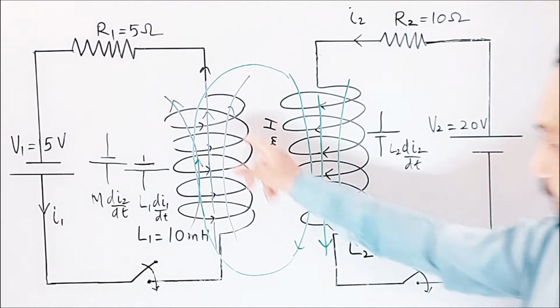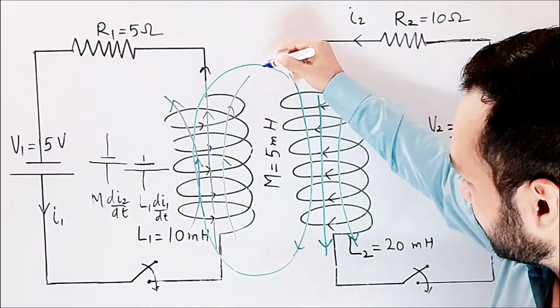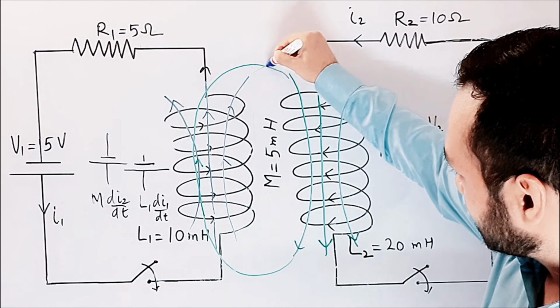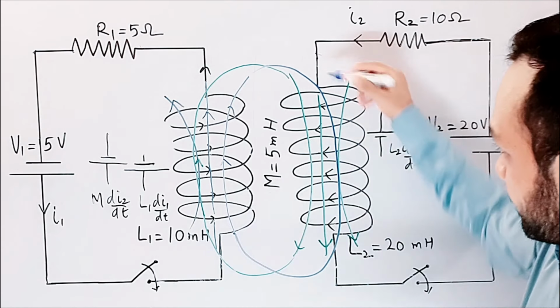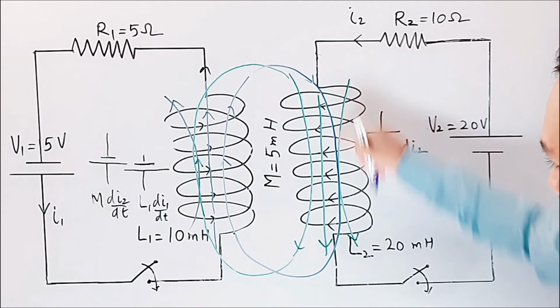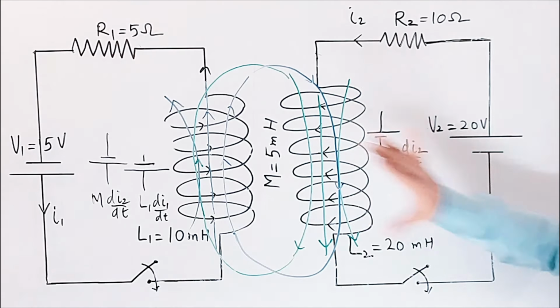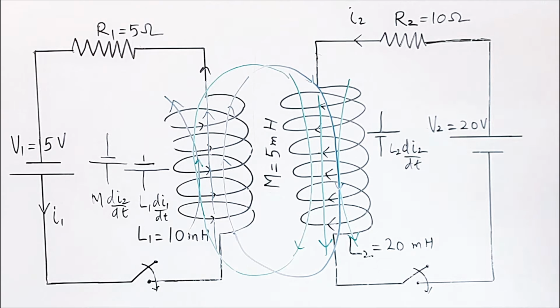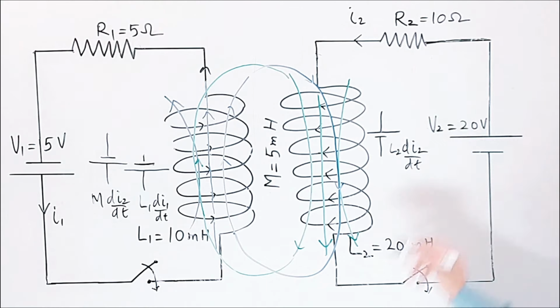And there is some magnetic field of this coil also coming to this coil. So here the direction was upward. Now this is coming here and here, and then you can see it is also in the downward direction. So the magnetic field coming from the current of the other coil is also increasing the flux, so the EMF will still be opposing this current, the EMF coming from the mutual inductance.